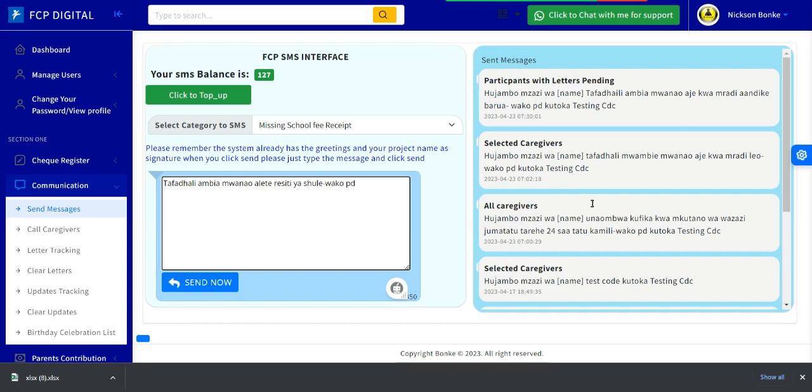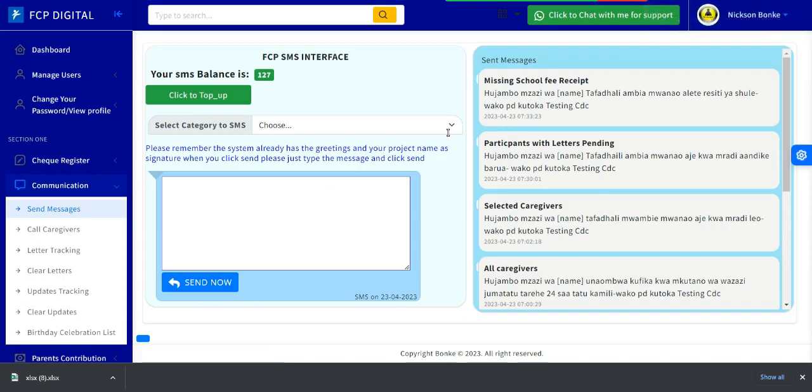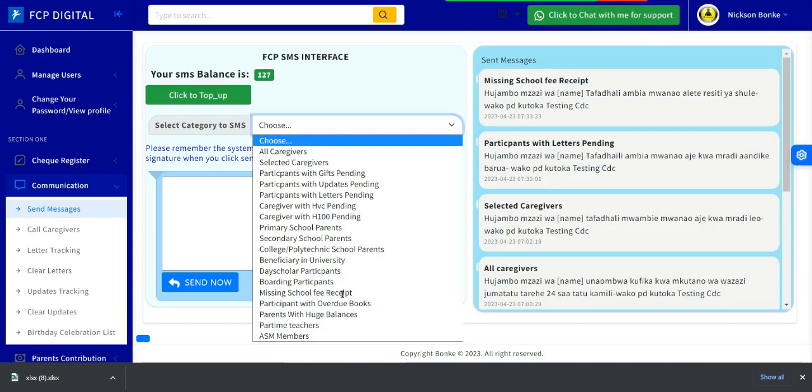So when you do that and send, it will go to those with missing receipts alone, and it will show here missing school fee receipts. So that will go only to those with missing school fee receipts. That will help you to send messages to them so that they can bring the receipts. Another one is